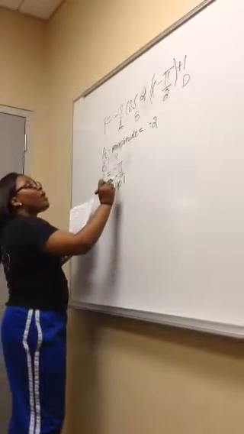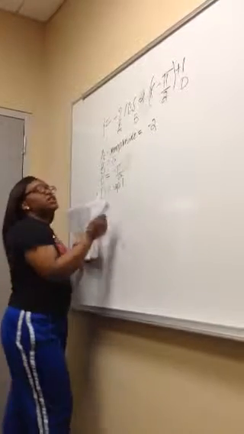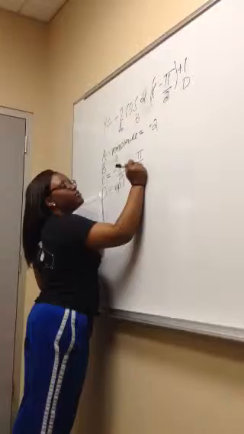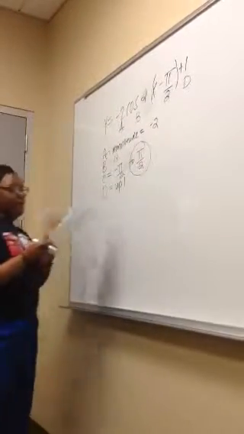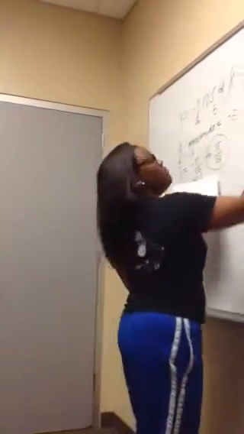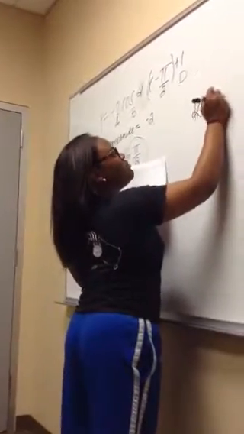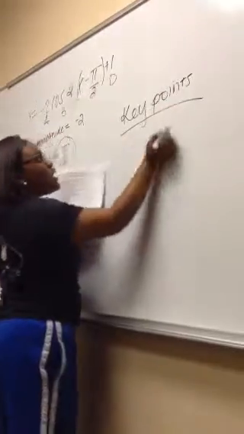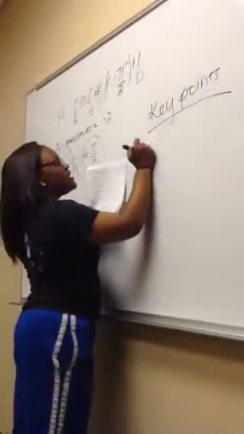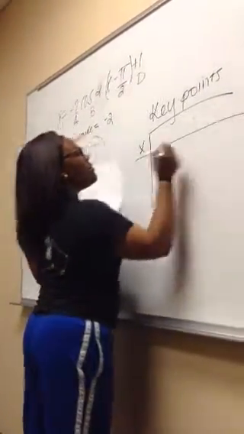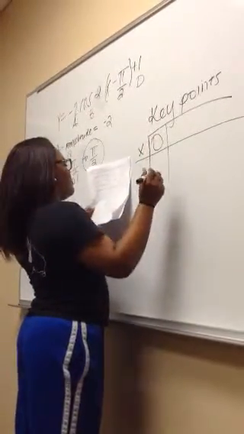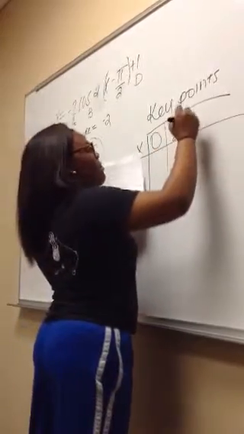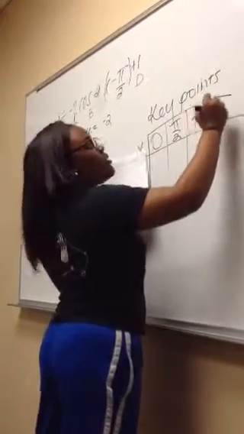And when we graph this, you will graph opposite what you see. So your phase shift will be now pi over 2. Your key points for this. Your x's will be 0, pi over 2, pi, 3 pi over 2,